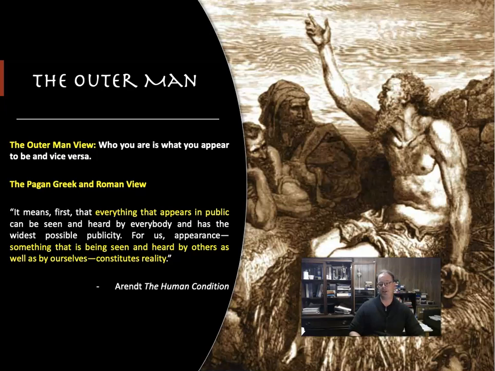But look at how she describes the Greek point of view. And the Greeks care about the outer man. She says, the outer man, which is the human being, is everything that appears in public and can be seen and heard by everybody and has the widest possible publicity or public appearance. For us, appearance is reality. It's the truth. Something that is being seen and heard by others as well as by ourselves, for the Greeks,